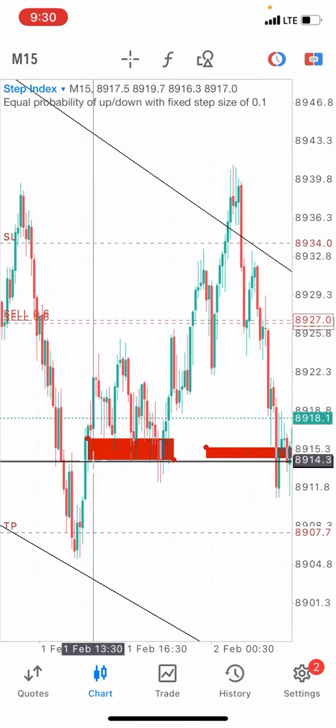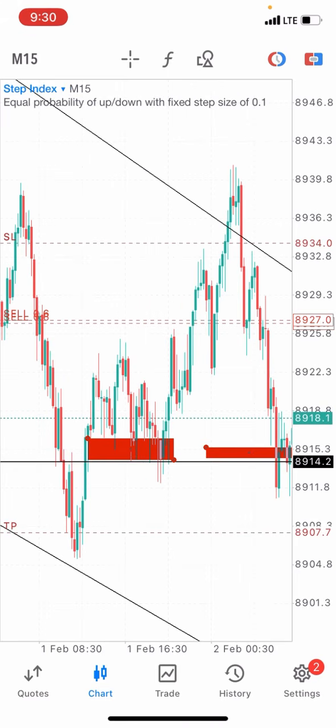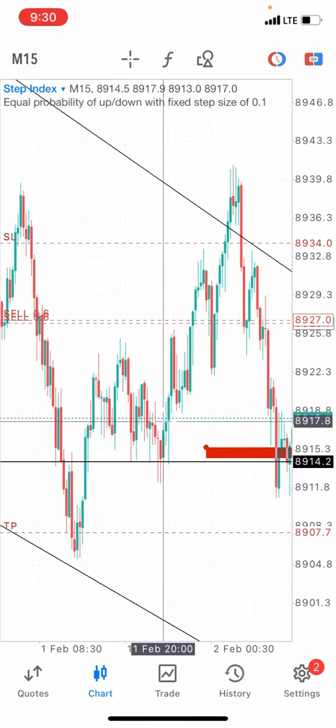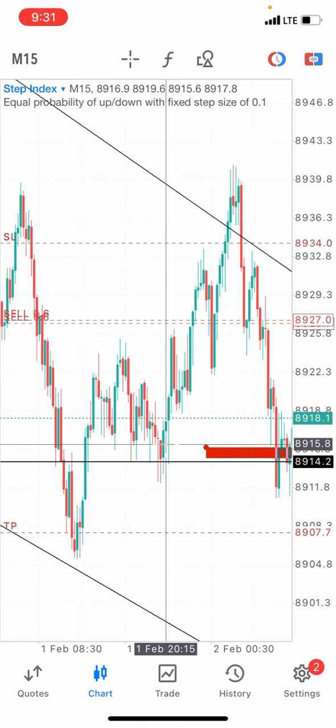But if it breaks that level and retests that level just as it happens here, what do you want to do? You want to be looking for bullish candlesticks at this point. Now if you're a total novice, you don't know anything about candlestick patterns, engulfing candle, pin bar, all of those names, you don't have any reason to worry at all.